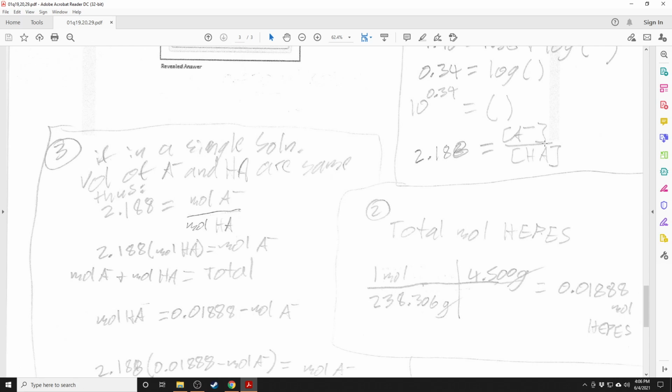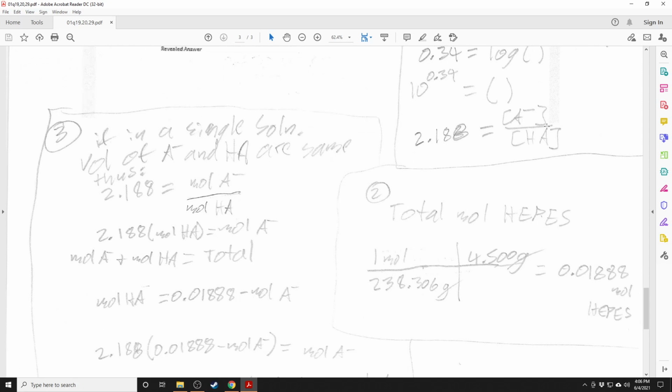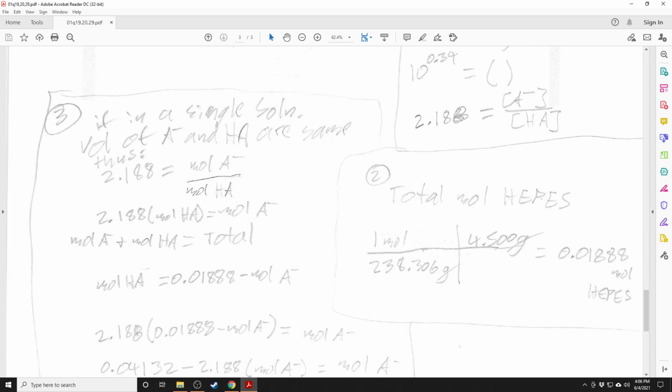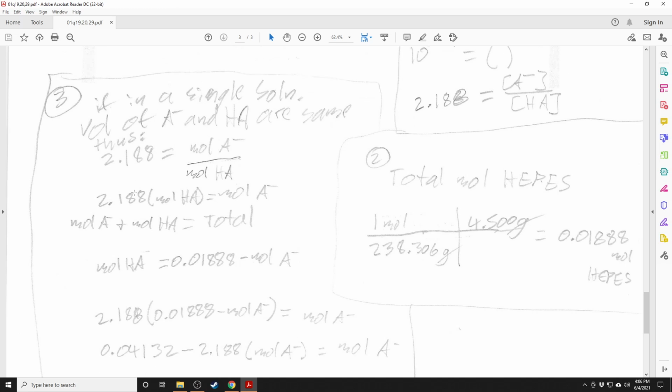So these concentrations, which are typically in molarity, I could just as easily have in moles because they're the same volume. The volume cancels. And so that number there, that 2.188, that's also the ratio of my moles. So I have 2.188 moles of A minus would equal 1 mole of HA,